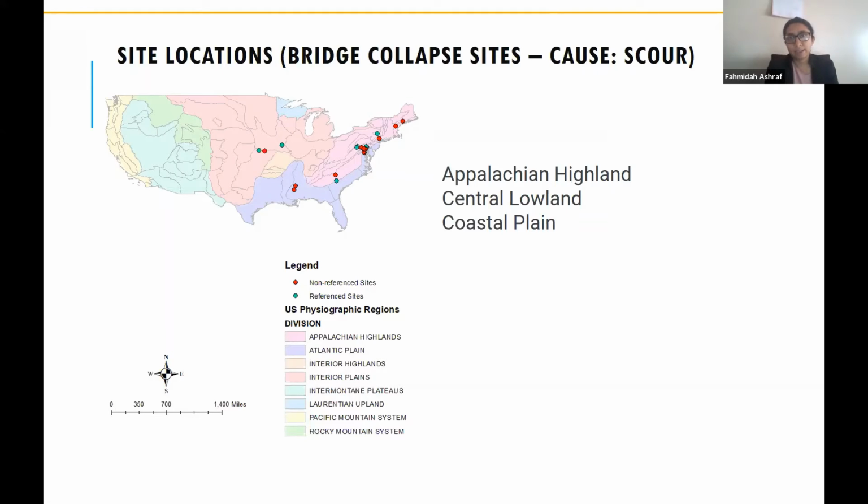So I selected the sites again, which are situated in highly unstable regions, and also where we have recorded bridge collapse. So in these regions, we have bridge collapse, either partial or complete. And apparently the bridges collapsed due to hydraulic reasons. That's the apparent reason from the collapse database. We do not have any clear data on why they collapsed, but apparently it is written that the collapse events occurred due to hydraulic reasons.